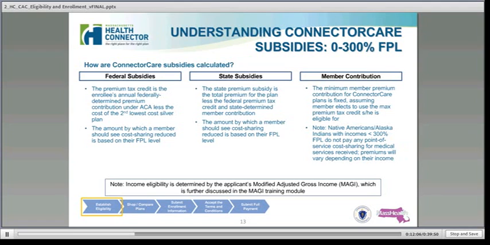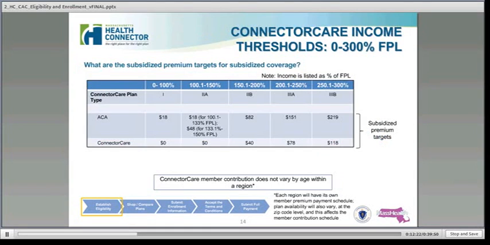And when an individual is going through the experience and they see the rates returned for the connector care plan, those rates are based on the individual selecting the maximum premium tax credit that's available to them. So we're going to stress that. I'm going to stress that. Paul's going to stress that, and then our other colleagues will be talking about that this afternoon when they talk more about our connector care plans. But I just want you to make note of that.